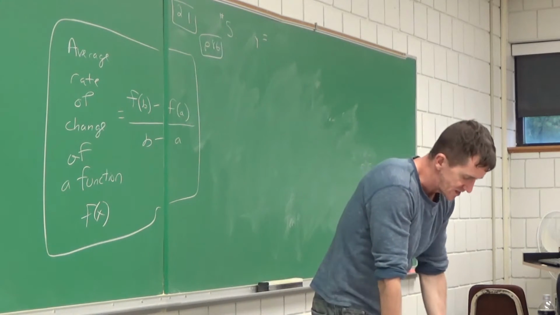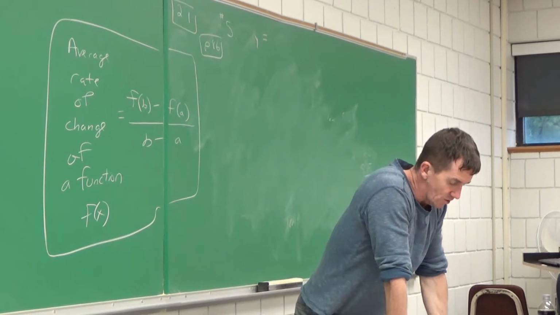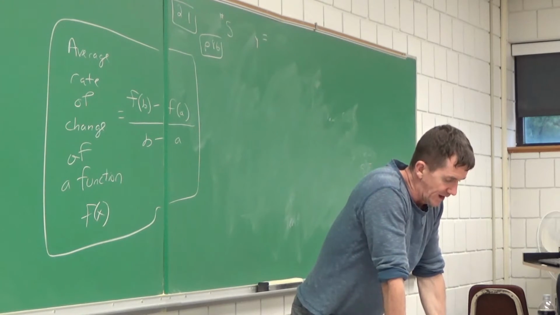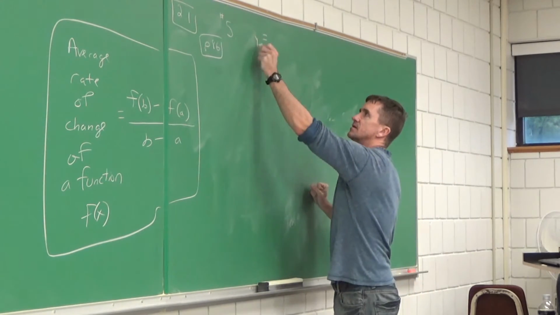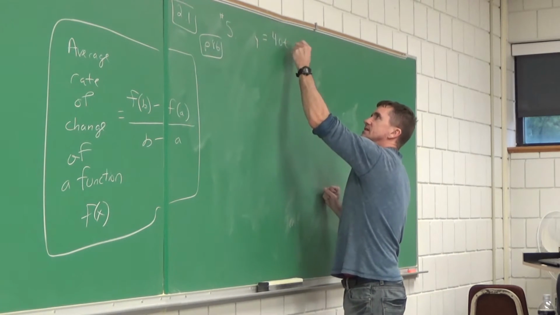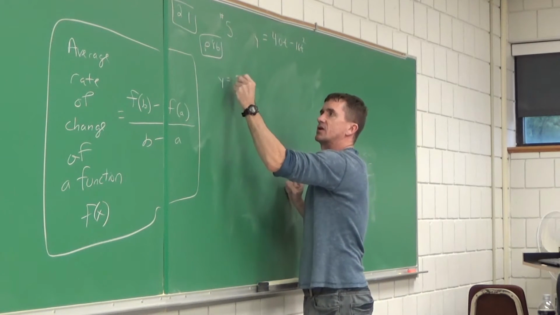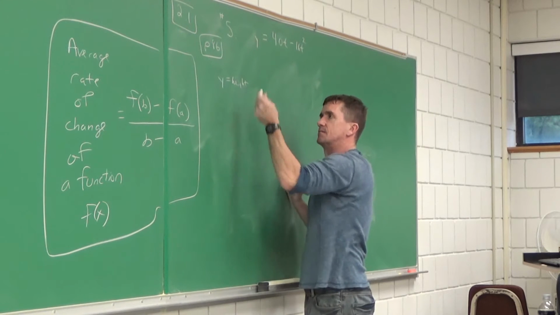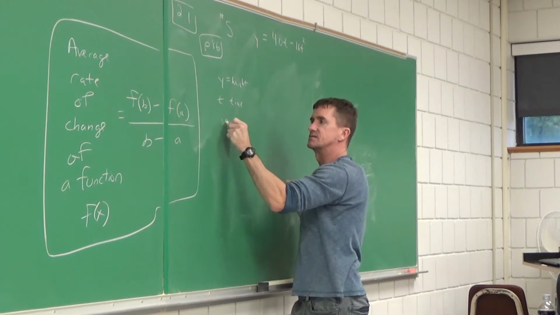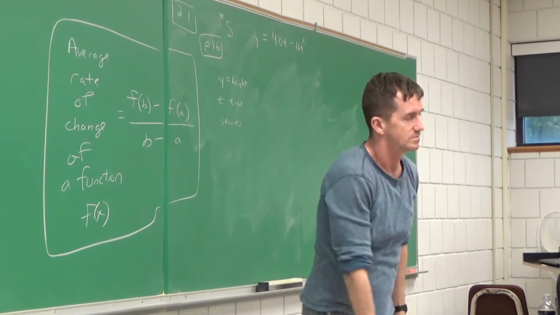And when I could have chosen 7, I could have chosen 3. I just like 5 because they're throwing a ball. They throw a ball, and they said it's thrown with an initial velocity of 40 feet per second. And they go, here's the height at time t. So this is the height at time t. y equals 40t minus 16t squared. So y is your height, position, t is your time, and this is in seconds. All right, and that represents the position, the actual height of the ball.